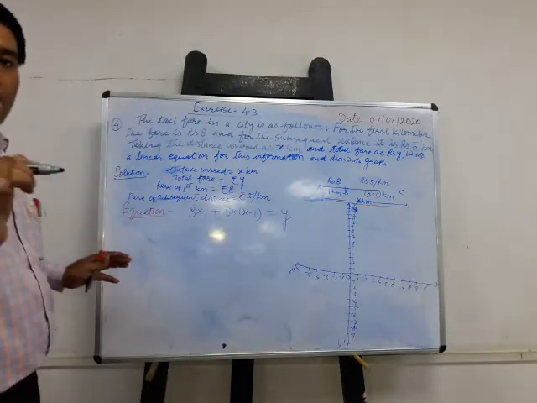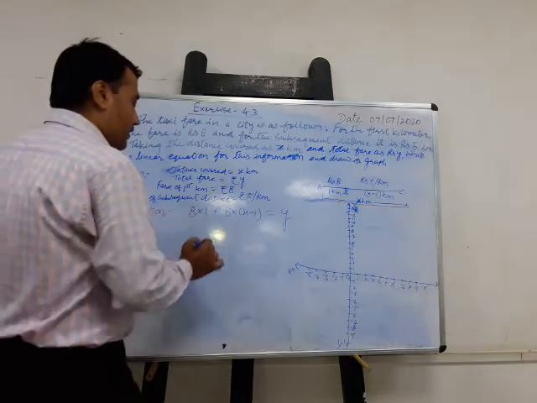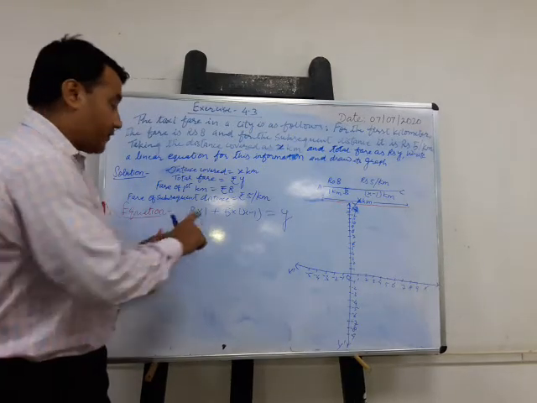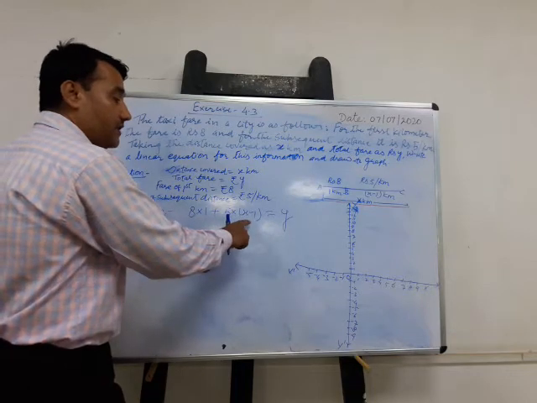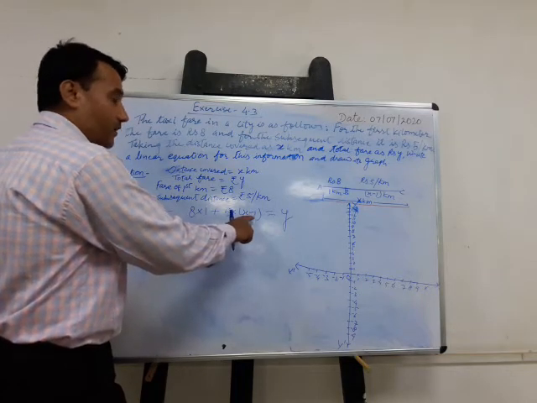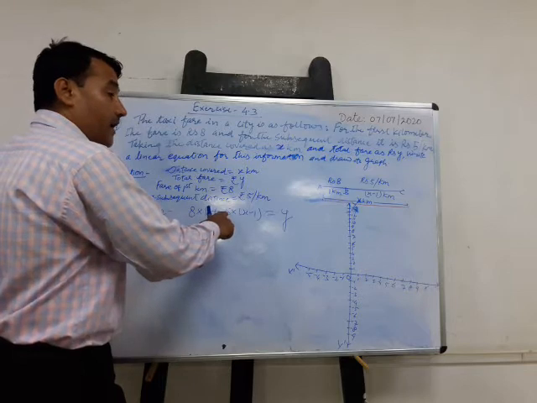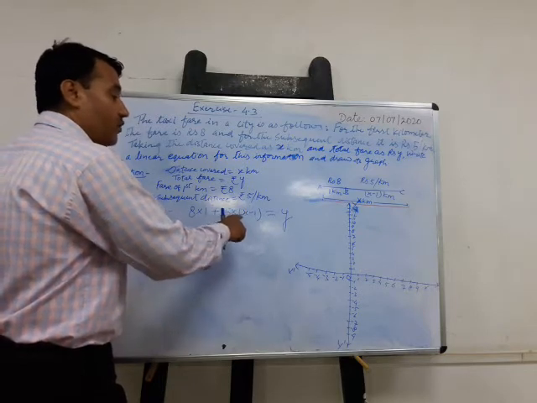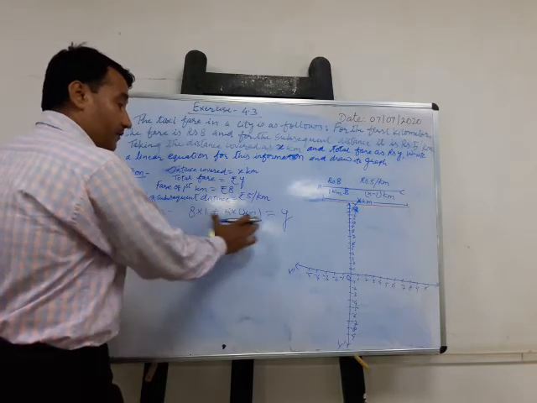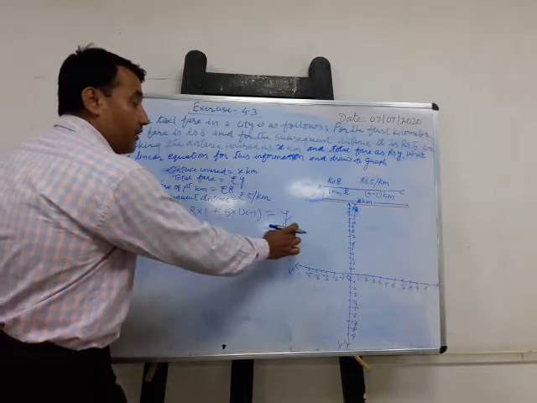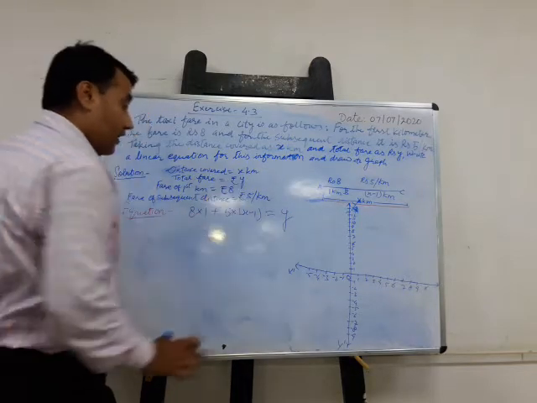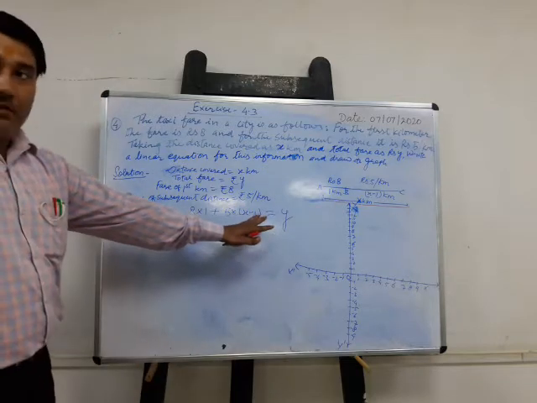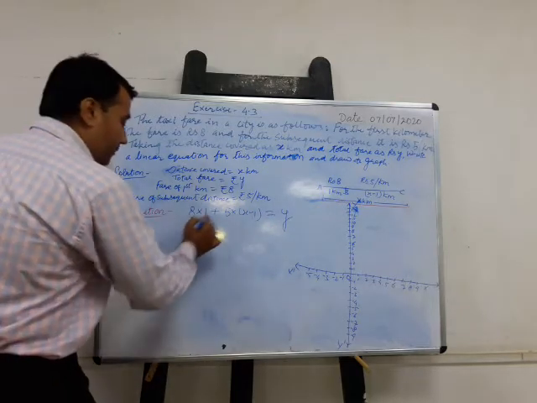Is there any doubt? I hope no doubt will be there, children. 8 into 1, this is fare for 1 kilometer, rupees 8, plus for remaining distance, that is x minus 1, fare is 5 rupees per kilometer, 5 into x minus 1. Clear? Both the fares are added to become equal to the total fare given in the question, that is y. Now this is your linear equation. Now let us simplify it.